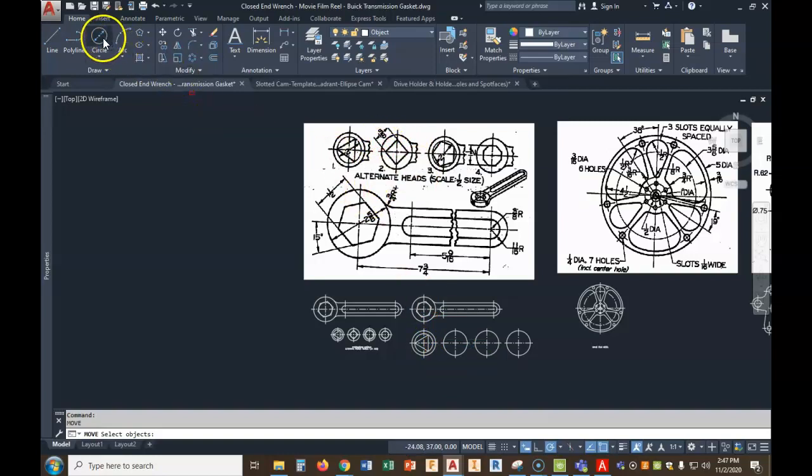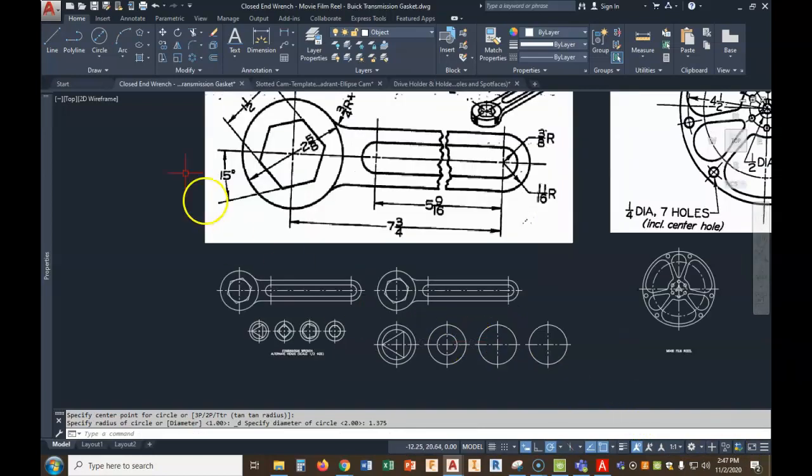1 3/8. So let's draw a circle. 1.375, or 1 3/8, right? Okay, so again, we're going to do polygon, change our number of sides to 4, center, circumscribe, and look, I'm going to make sure you go ahead, don't draw this one on a 45, draw it out